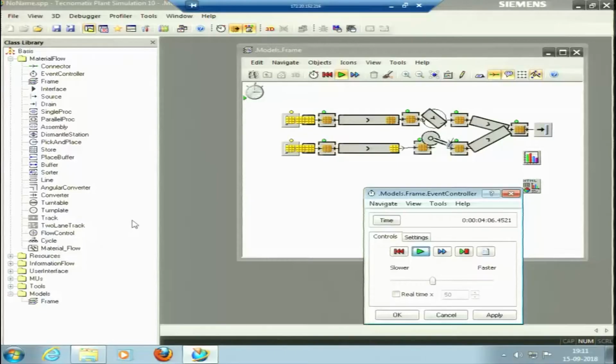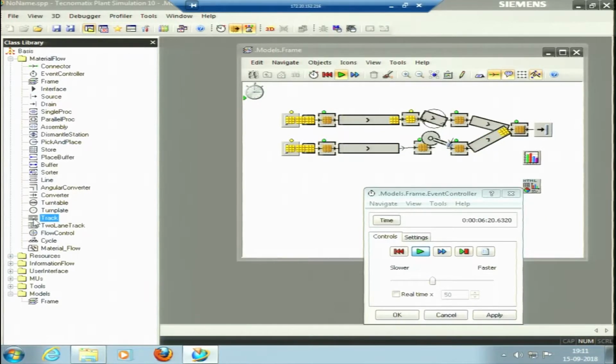Similar to the turntable, we can have a turn plate. We can put one piece in each direction in a turntable. It is a single direction turntable that is being shown on the screen. With a turn plate, we can have one plate and multiple workpieces put on it. It is like a rotating dining table. We put the dishes over there and we can rotate it. We can pick whatever workpiece we like from in between. So the turn plate is done.